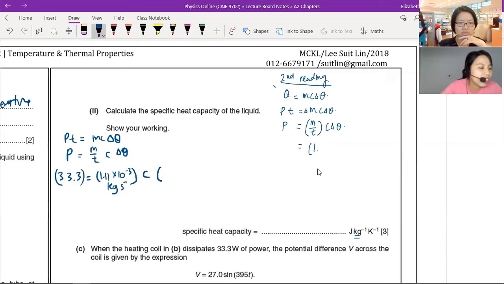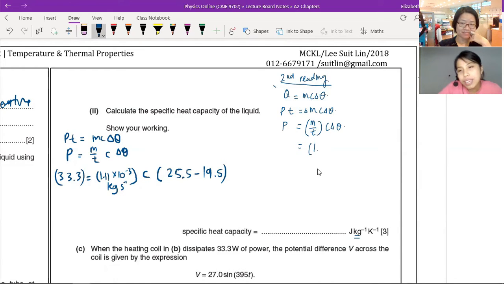We are looking for C. And the delta T is the temperature. Enter at 19.5, exit at 25.5. So I minus, can. Down here is Kelvin. Oh, Miss, then I have to convert to Kelvin? You convert and see what happens. Okay, we try and see lah. If I do